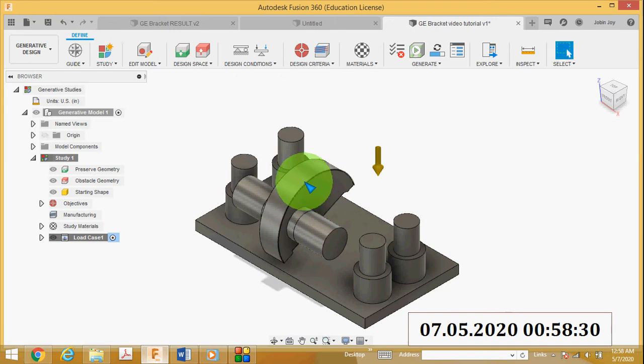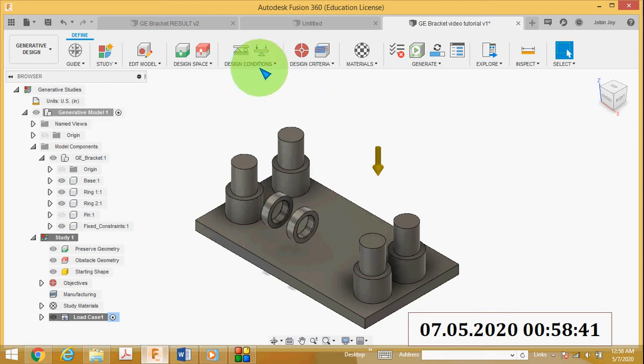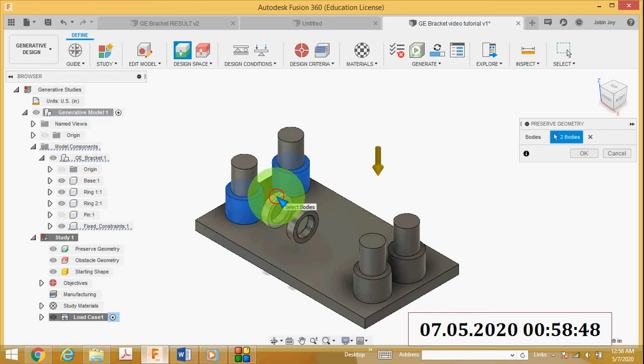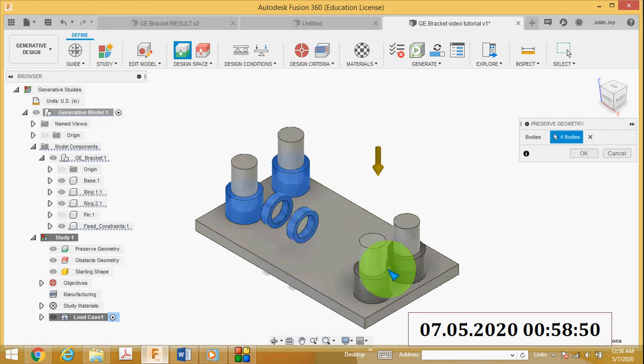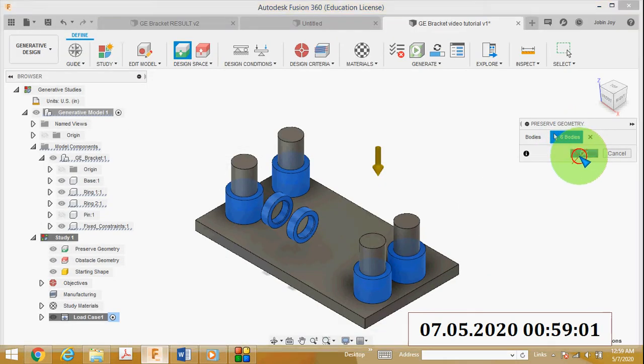First I will switch off the visibility of this one. Then go to design space, preserve geometry, then select this, this, this, this, this and this. You can see in the tutorial, this is the preserve geometry. Then you can see 6 bodies. Then click OK.